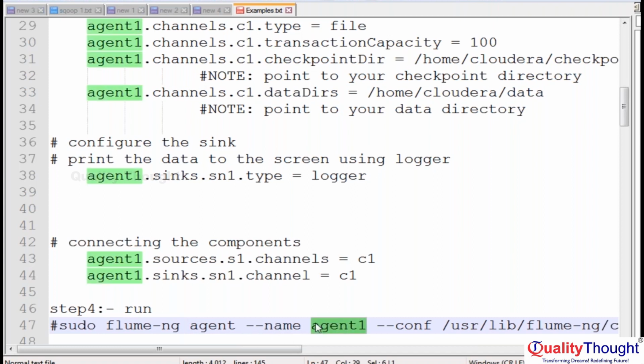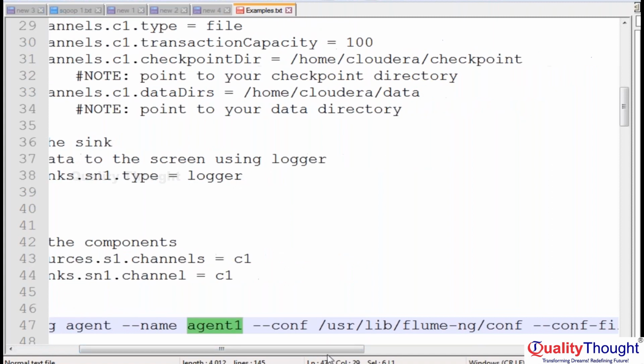So in the configuration file, what is the name of the agent? Agent1. So with the flume-ng command we are giving this agent name. And where is our configuration file? --conf, the configuration file location. So --conf /usr/lib/flume-ng/conf